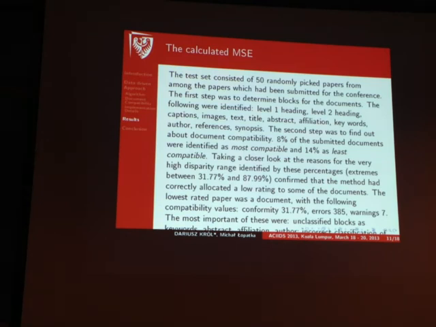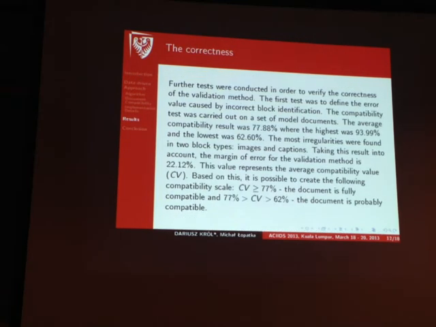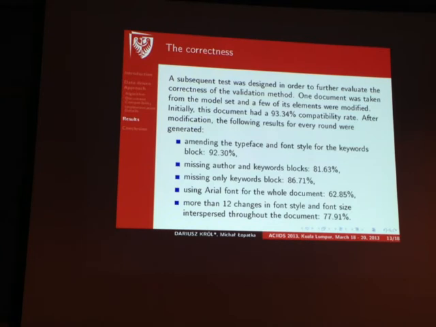So for the method, we tested 50 randomly picked papers submitted for the conference, prepared according to the publisher style, and we identified level 1, level 2, captions, images, title, abstract, affiliation, keywords, references, synopsis, and what we have obtained. Maybe this is not so valid. This one is important, that